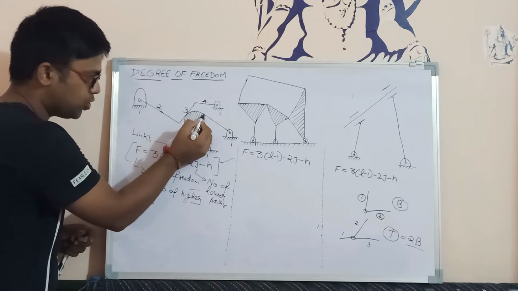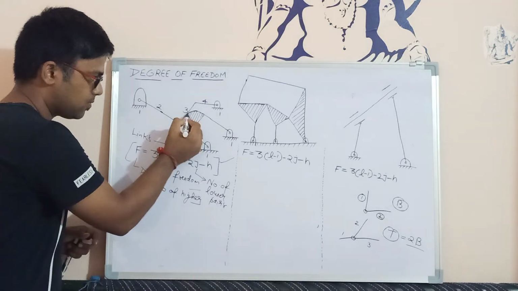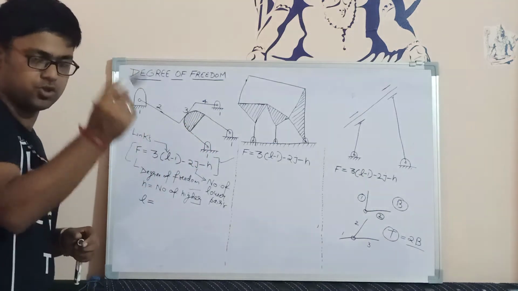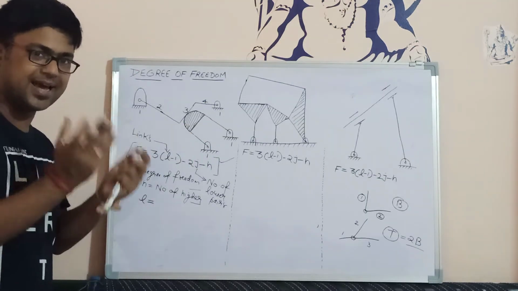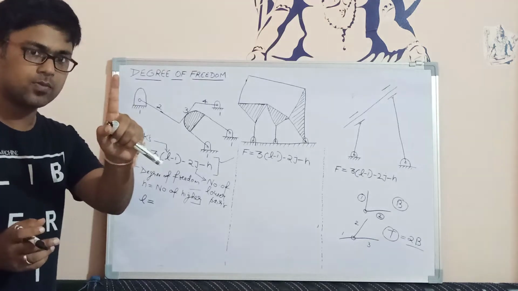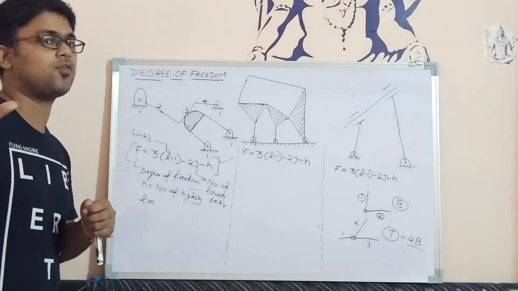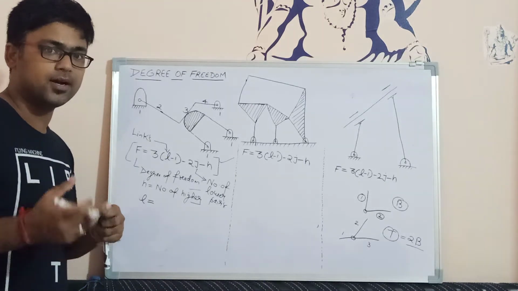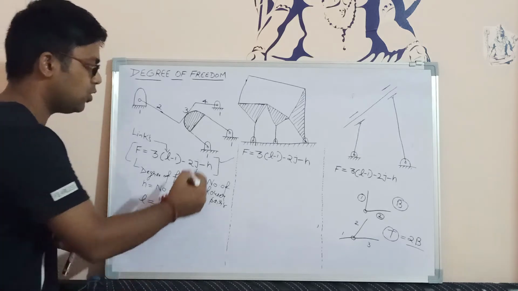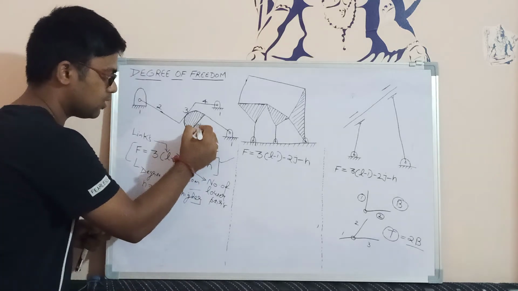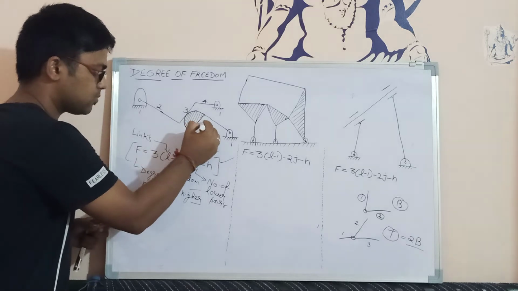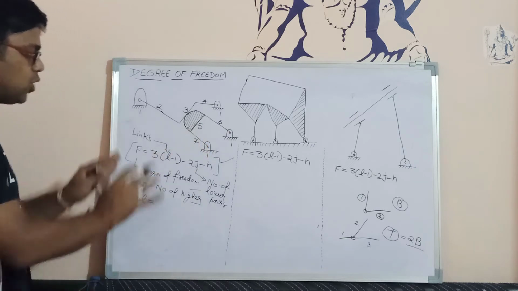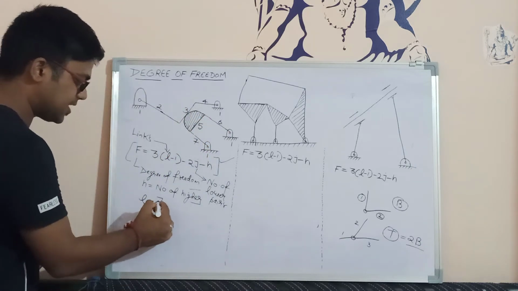After that, this portion which is shaded: wherever you have a design in which the inner portion is shaded, it means this entire thing is basically working as one link only. So a link can have 3 members or 4 members or 5 members. If they cannot have relative motion between them, it means they are behaving like one link only. So this is going to be the 5th one, 6th link and 7th link. So how many links are there? We are having 7 links.